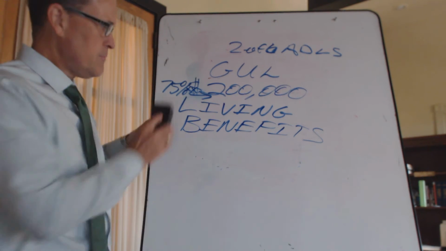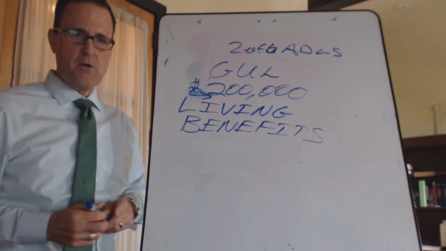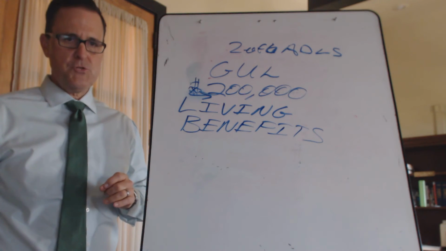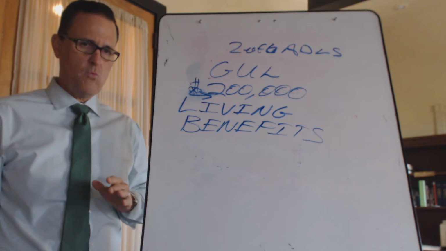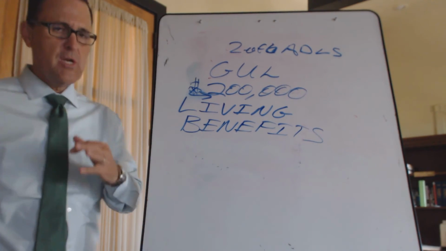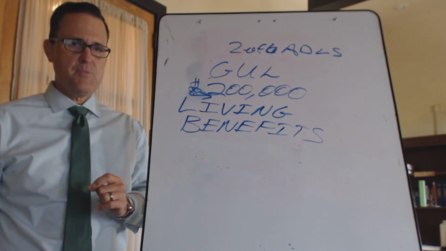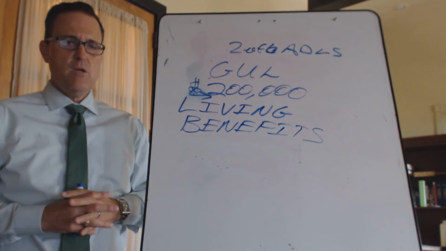Now, finally, on living benefits, and in our next segment, we will talk about index ULs, and we will talk about whole life, because those two policies lean more towards cash accumulation. But the other living benefit that you have is tax-free income. Now here I am back with this tax-free information again. Well,